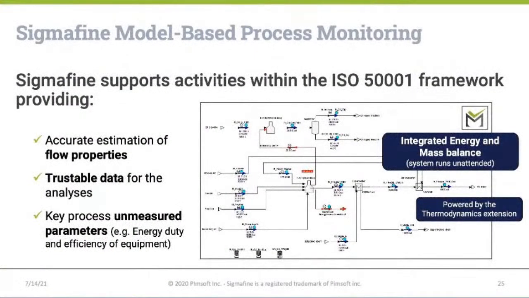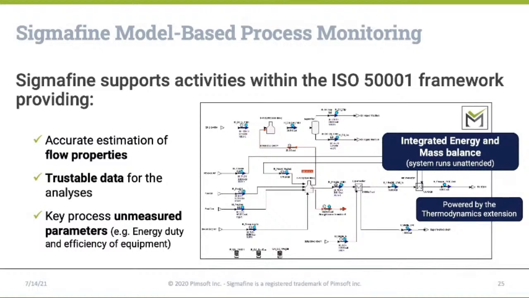The requirements for performance monitoring are Sigmafine energy balance and the thermodynamics extension. The energy balance and the thermodynamics extension can then be applied to a model of an equipment to be monitored. It could be a furnace, a compressor, a turbine, heat exchanger, or a reactor. After the analysis is performed, the results can then be made available via company dashboards such as PI Vision or Power